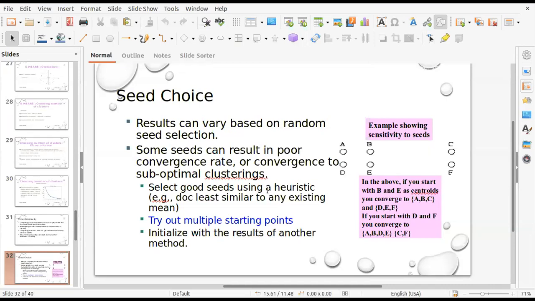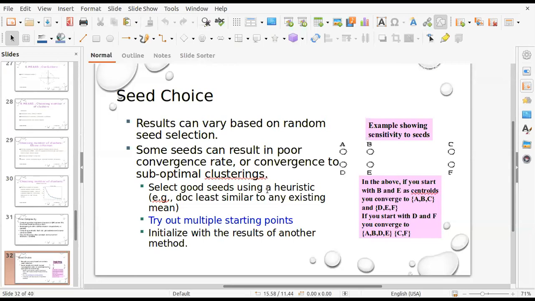Now repeat the process: take all the points, compute their distance from the new cluster centers, check which cluster center each is near, and put the point into that cluster. In the second iteration, you will find that some points move from one cluster to another, because they are now closer to the other cluster center.